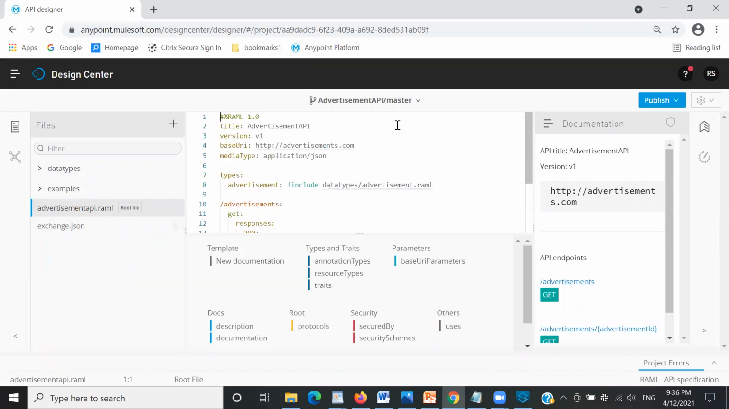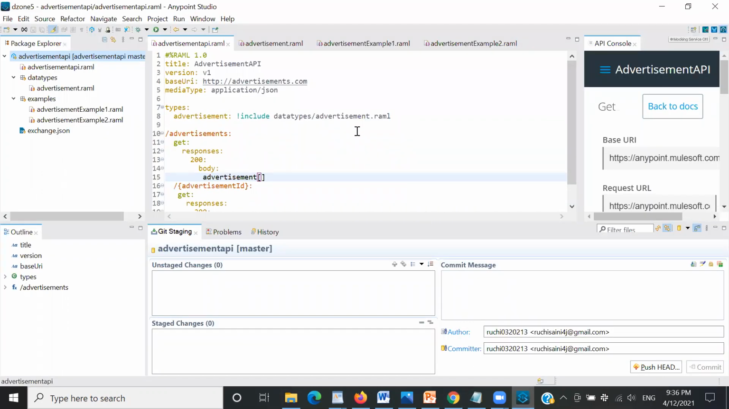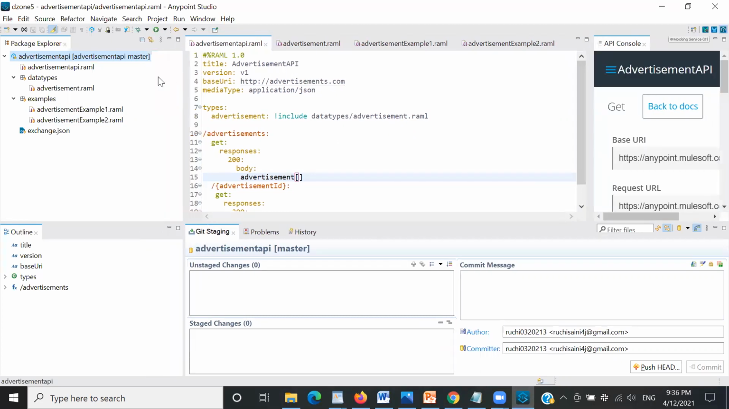Okay, so now let's go back to Anypoint Studio and switch all these YAML specifications and data type fragments to a new branch of V1. And in the master branch, we will create the V2 version. Okay, so as of now, I'm in the